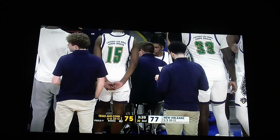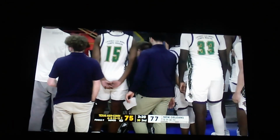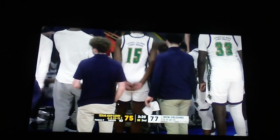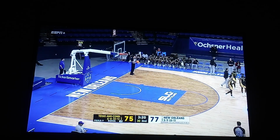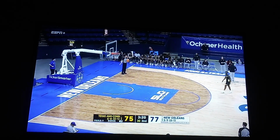Crunch time in New Orleans inside Lakefront Arena. The homestanding Privateers led by 13 with 12.5 minutes to go. A&M Commerce simply wouldn't go away. They're on a 7-0 run over the last 57 seconds, and just like that, it's a one-possession game. Lions getting it done with defense and hustle lately. And New Orleans,